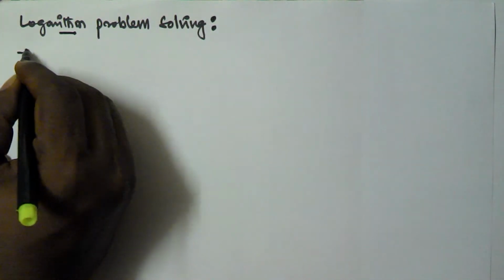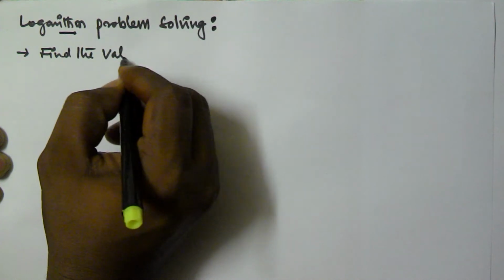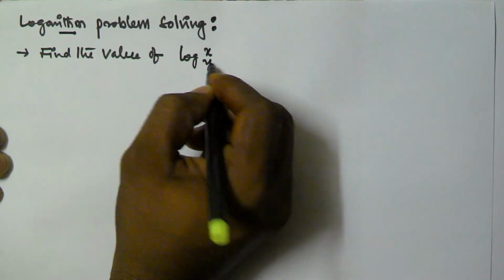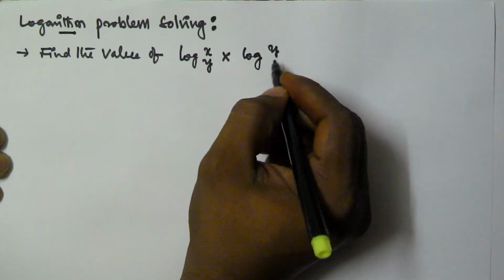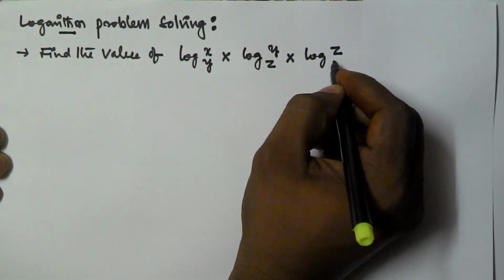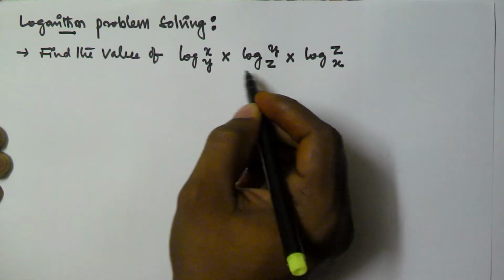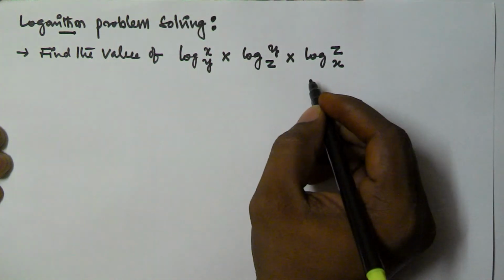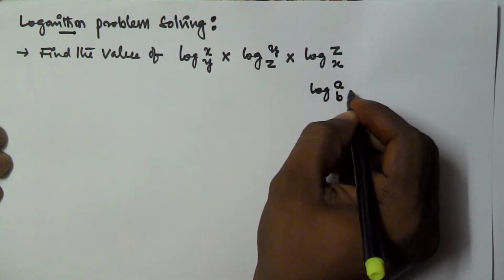Okay, now let's find the value of log x base y into log y base z into log z base x. So we have seen the properties of logarithm that log a base b can also be